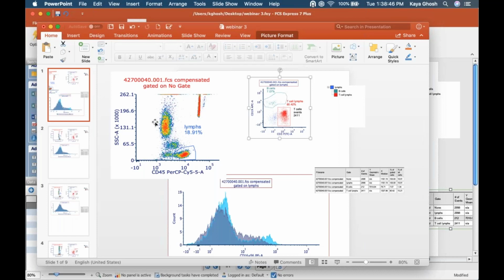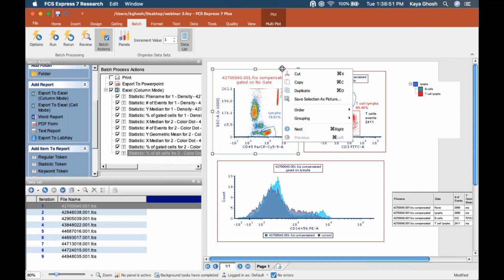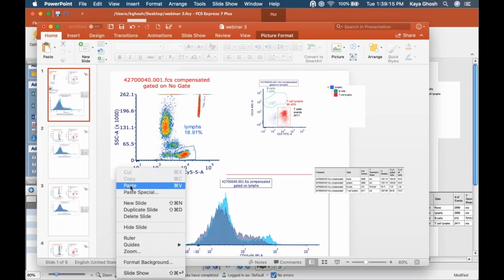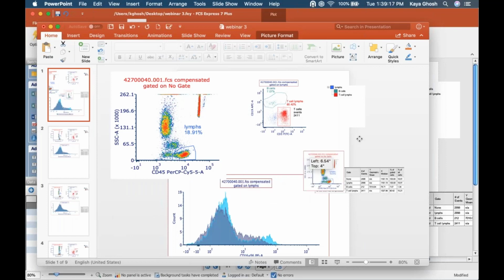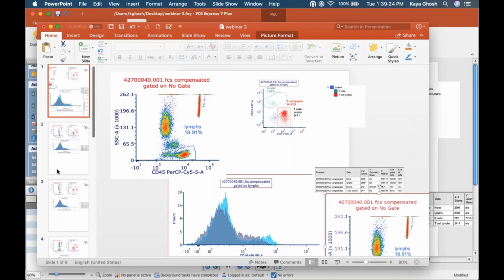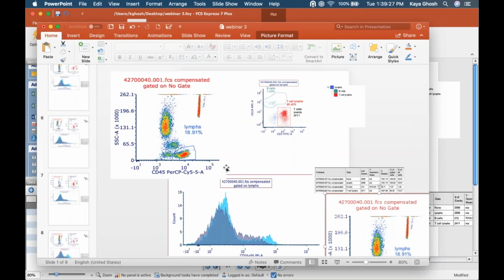I did see a question about how to save individual plots as figures. There is a way to do that, and the way to do that is right-click, save selection as picture. But what's even easier, if you wanted to just take a picture of a plot and put it into PowerPoint because you're making a poster, or some other image editing program, is to right-click and do copy, or Command-C or Control-C, i.e. use the clipboard, and then come into PowerPoint and just do a Control-V or a Command-V to paste. That's so much easier than exporting images, okay? But you can do it, but it works seamlessly with the clipboard like that, okay? So these are all looking exactly like your layout,